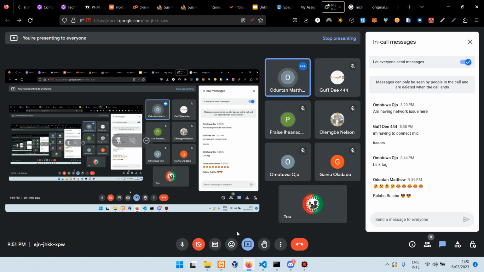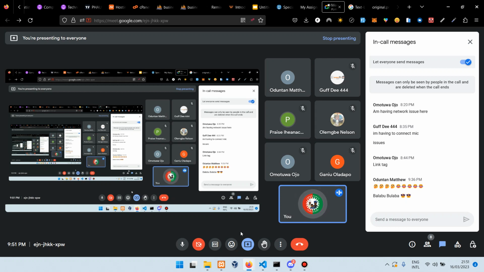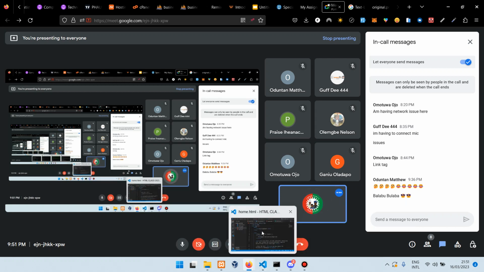Hello, Mr. Flexible. My question is, what is the difference between HTML elements and HTML tags? Okay, that's a brilliant question. What's the difference between HTML elements and HTML tags? We don't have much difference between them because